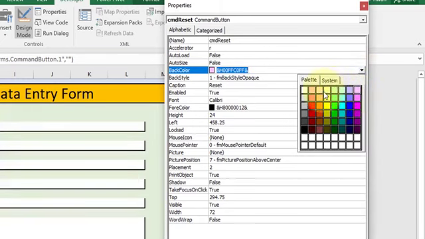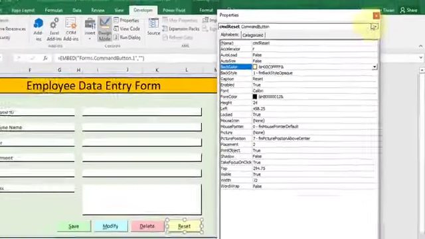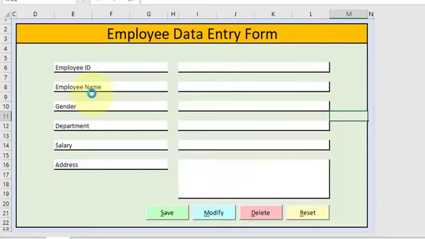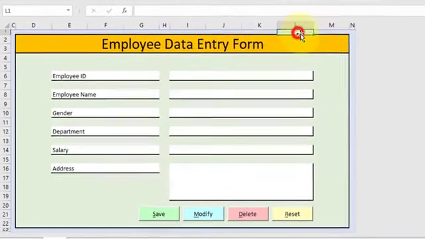Now you can see that we have successfully created the form. This is the user interface. Basically we will utilize this form to make some entries, and all these buttons to transfer the data from this form to the database, fetch the data based on some search field, modify it, save it again, delete, and also reset the form. Here we will utilize the L1 and M1 cells